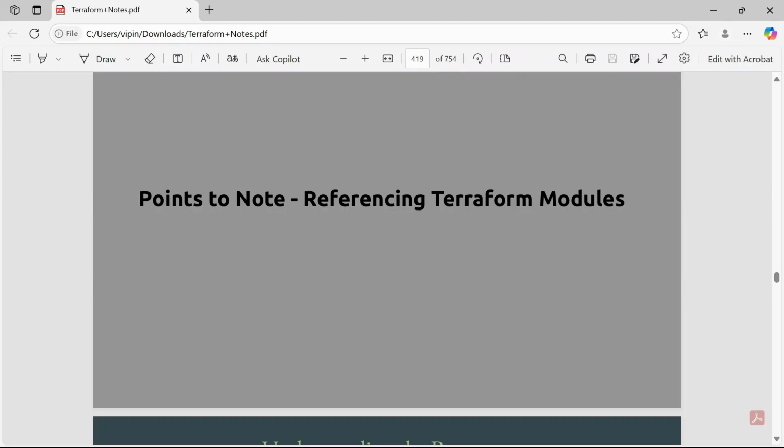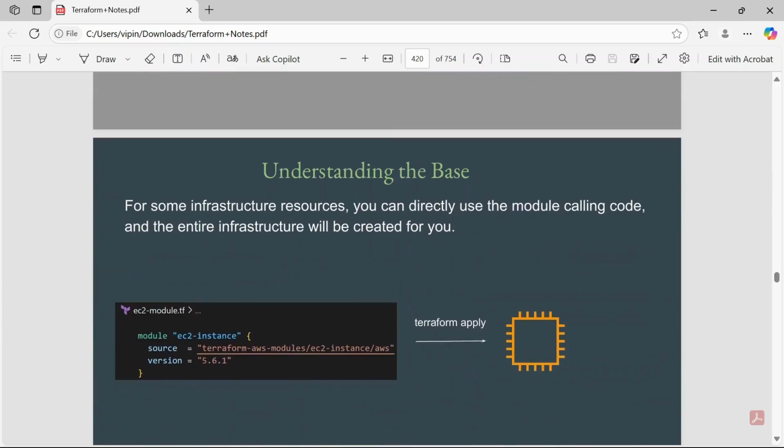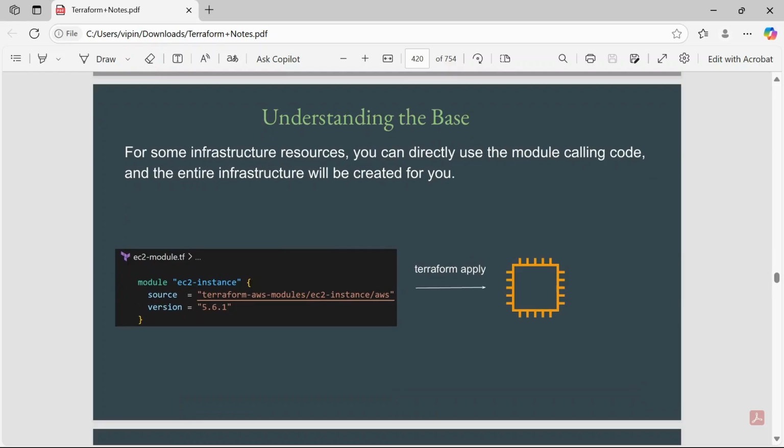So we are continuing with the Terraform tutorial, and in this video we are going to discuss referencing Terraform modules. For some infrastructure resources you can directly use the module calling code and the entire infrastructure will be created for you. You just have to add a block like this: module, and whatever resource your module is going to create, the source, which is where you are calling the module from, and the version of the module.